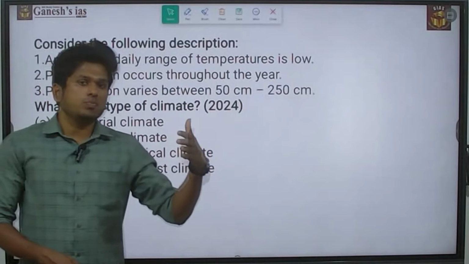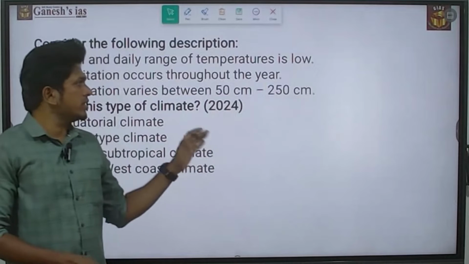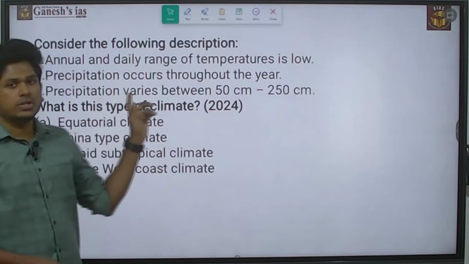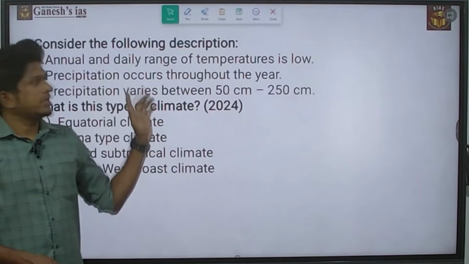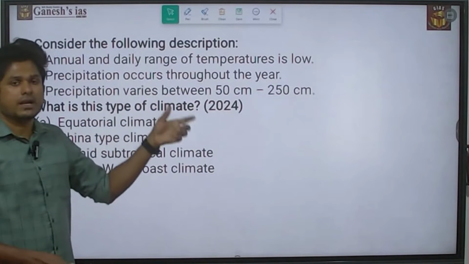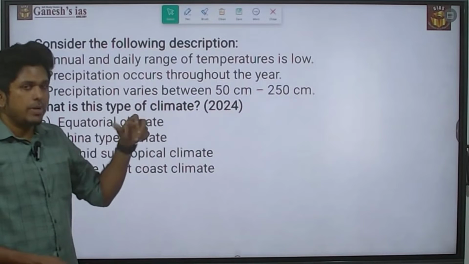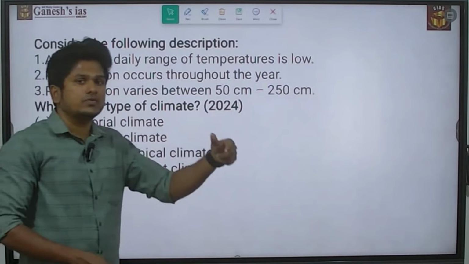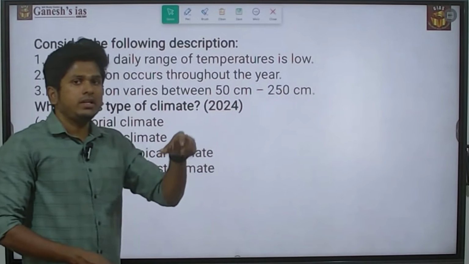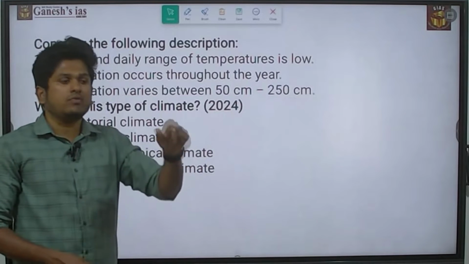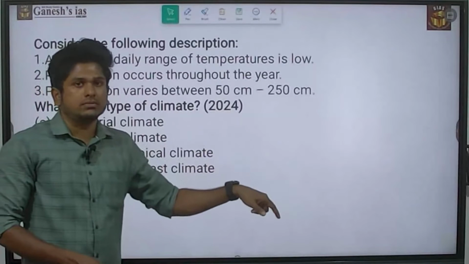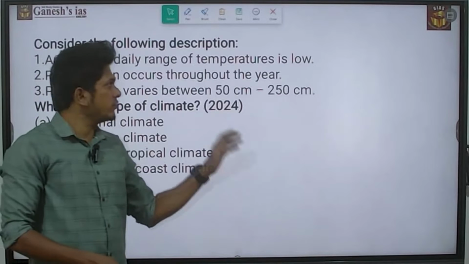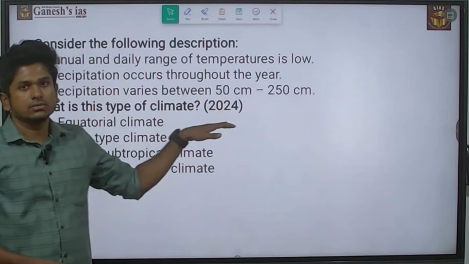This is the most widely used question in the UPSC. Every 2 to 3 years, there will be a question like this. Either it will be statement based or else paragraph type. In a paragraph type, they will give the significance or the uniqueness of that climate, and they will ask you to identify what type of climate we are speaking about. This is the method they are following for the climate based questions.